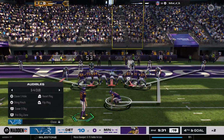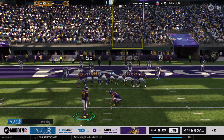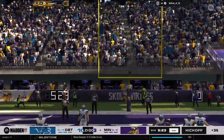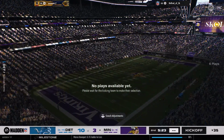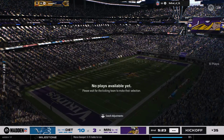On fourth down, it's Will Reichard time for this Viking field goal. This is about as short as you can get. Reichard's kick is good. And the Vikings are on the board. It's now 10-3. It's always a little bit of a letdown when you find yourself